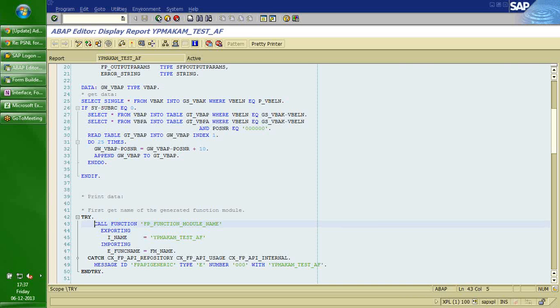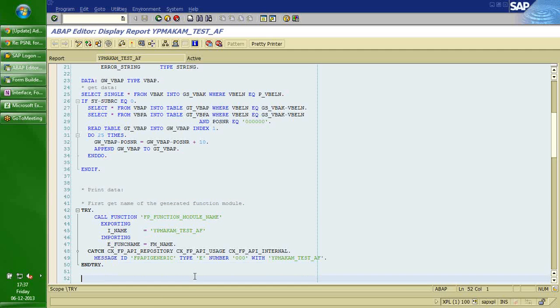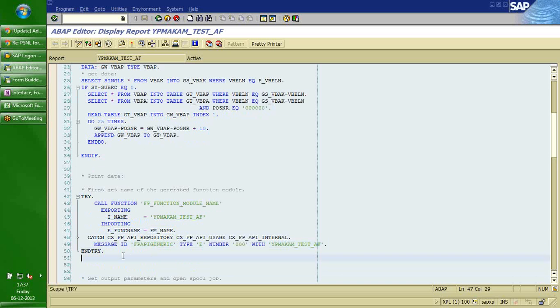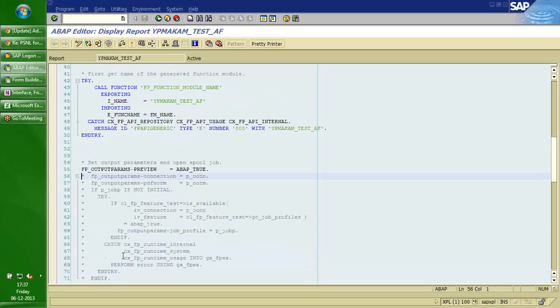And whenever we activate the Adobe form, it generates a function module. And that's where we have to pass the Adobe form name, and that's where we get the generated function module name. And this entire code is there in FP_TEST_03. If you want a sample, you can refer to my test program. And once we get the function module name into FM_NAME, we have to call the